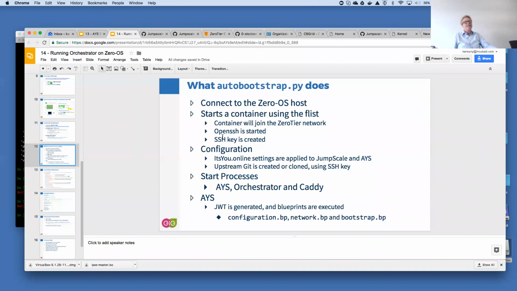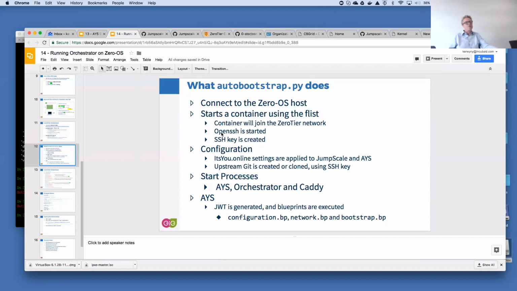Remember that the host itself is not accessible by SSH. The host does not have SSH installed, and you typically will not want to install it. The whole idea with the 0OS host, also on the level of the nodes, is that it doesn't have any attack surface. It only contains the things that are needed to do what it needs to do.